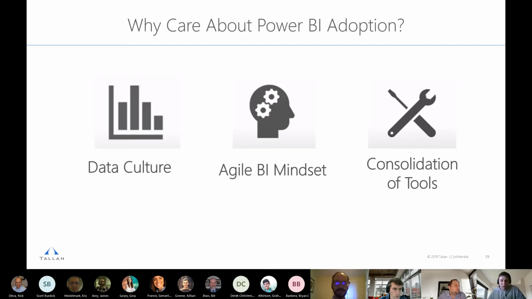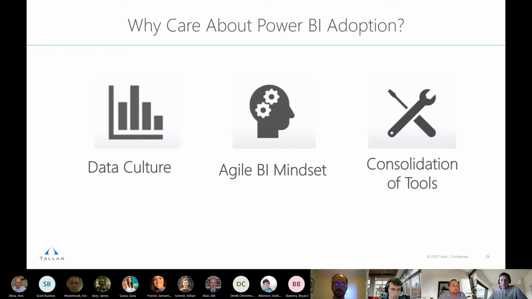So why care about Power BI adoption? Power BI adoption is a very exciting opportunity. A lot of people have already been sold on looking at these visualizations. They're like, oh wow, that looks great. It's easy, I could drag and drop these fields and create visuals and reports within a day. So a lot of people are already sold, but the challenge is not the report creation or selling your organization. The challenge is adoption and self-service business intelligence.